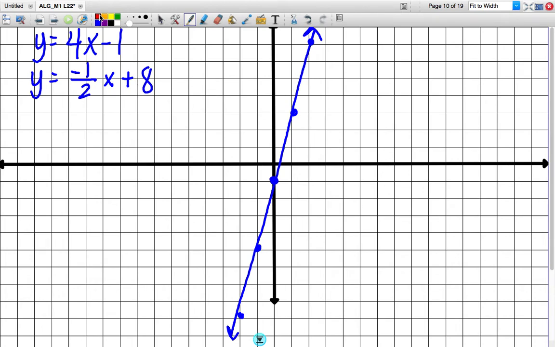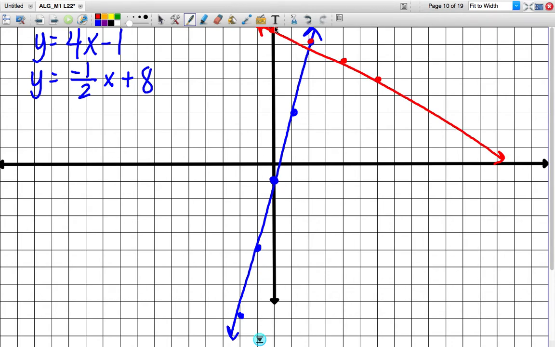Now let's look at the other one. Our y-intercept is 8, which is right at the top there. And my slope is -1 over 2. So -1 over 2, -1 over 2, -1 over 2. And if I keep going,